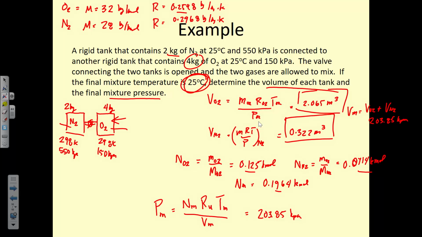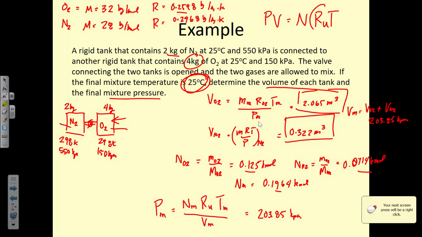It's 8.31447 kilojoules per kilomole Kelvin. It's the universal gas constant. So anytime you're using the ideal gas equation where you have PV equals nRT, this is always the universal gas constant, because n is in units of kilomoles, and the universal gas constant is in kilojoules per kilomole Kelvin. So if you're using the ideal gas equation in the molar form, you have to use the universal gas constant.